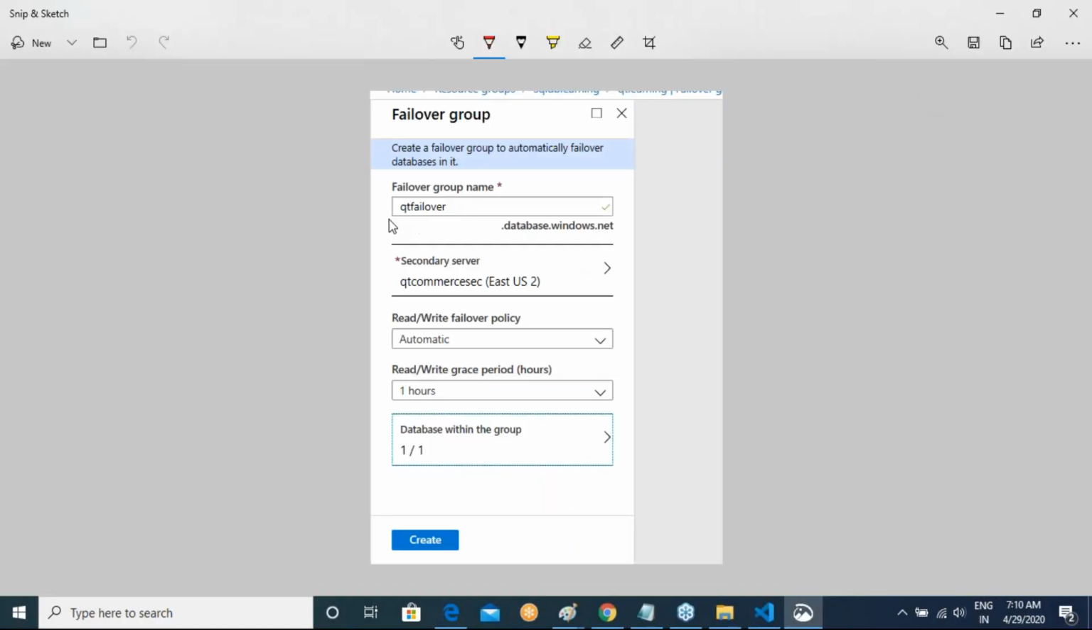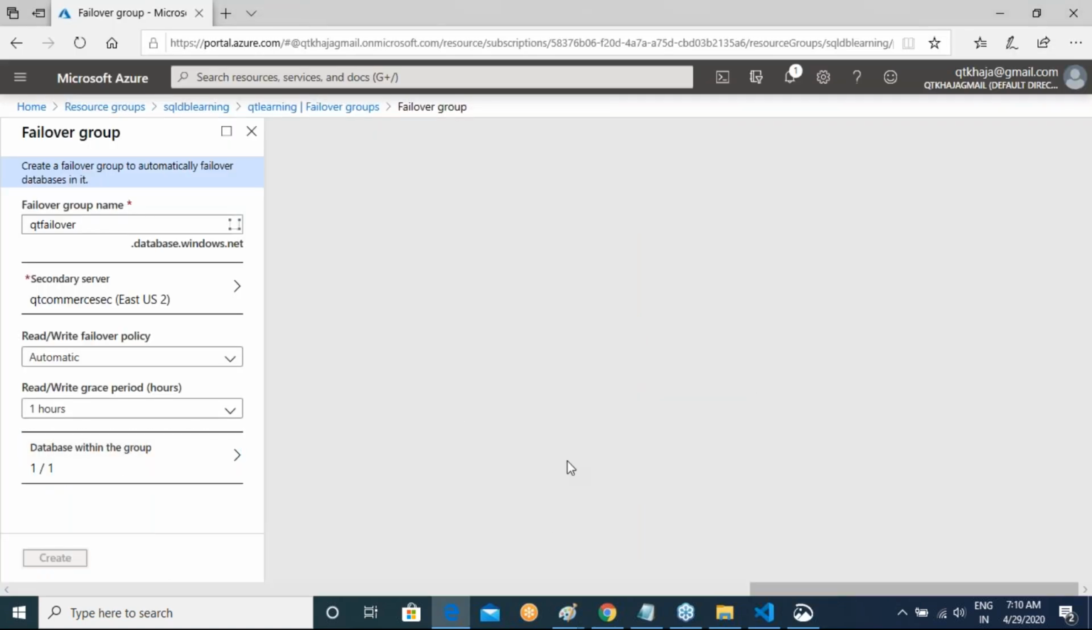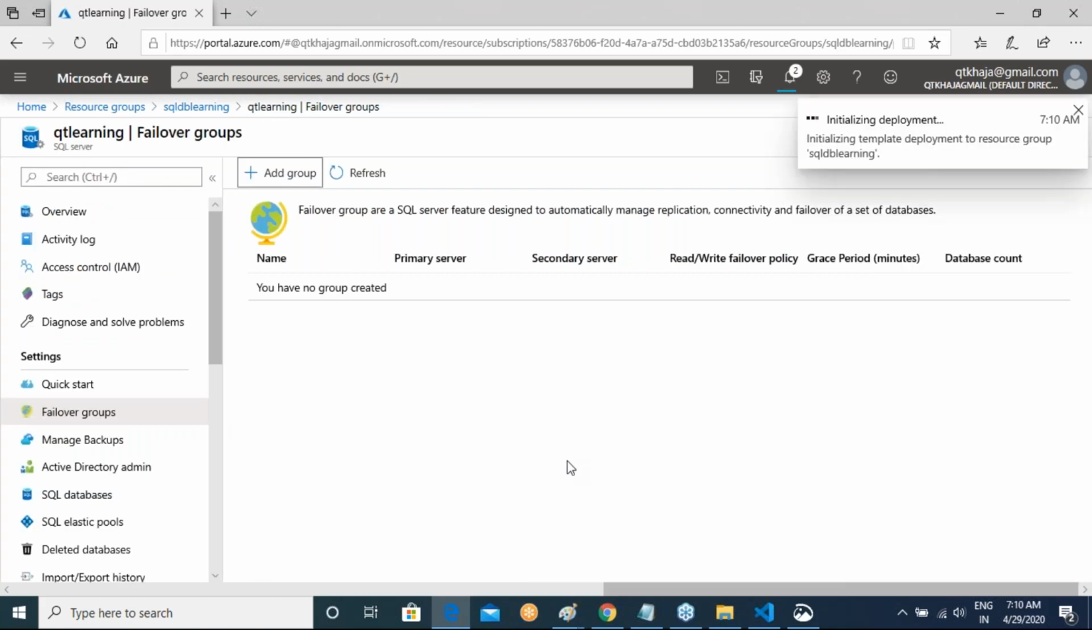Okay, so give some name to the failover group, select your secondary server, and then select the different databases which you want to fail over. Then click on create. So the moment you add failover groups,